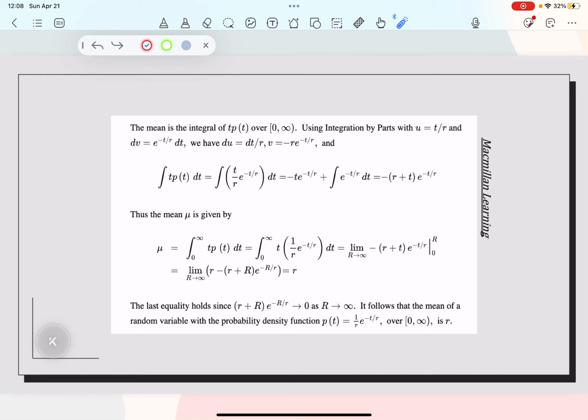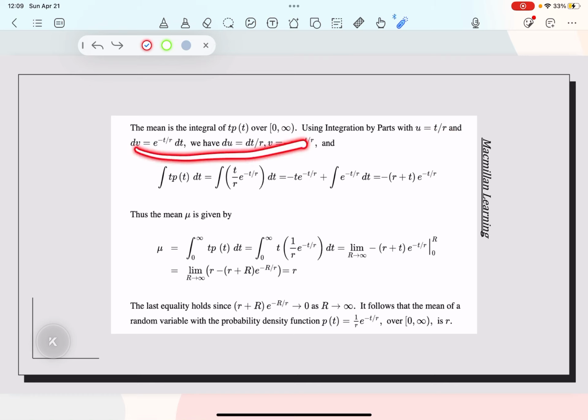So using the integration by parts, we're going to put u equals t over r, which will be applied right there once we plug that in, and dv equals e to the negative t over r dt, where du is dt over r, so they derive that from that, and then v